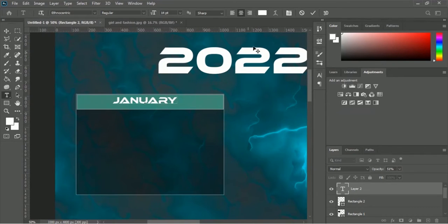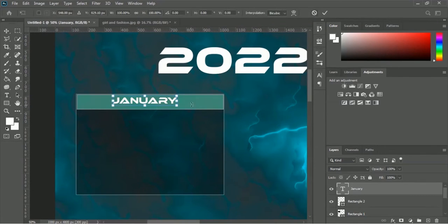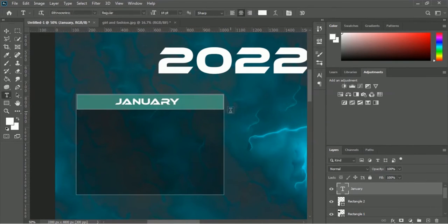January, and let me hit this tick mark, and we have to scale it properly. To scale this January text, we have to press Ctrl or Command T, and let's scale it. Okay, seems good, and let me click on this tick mark,